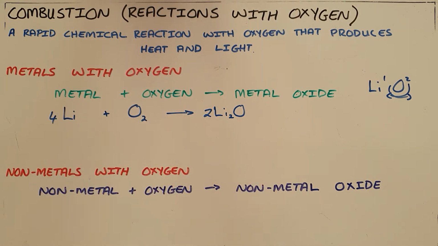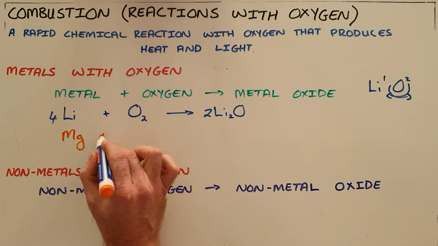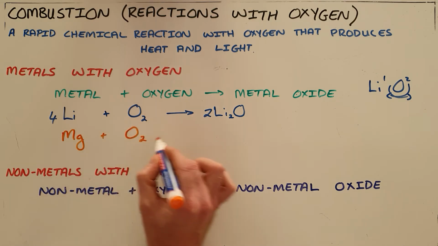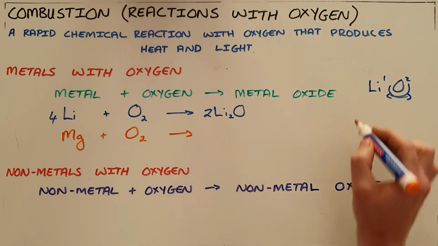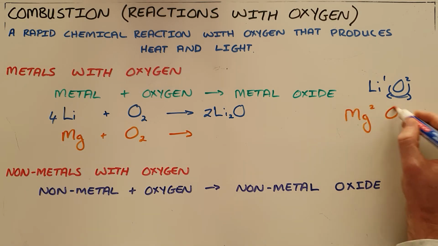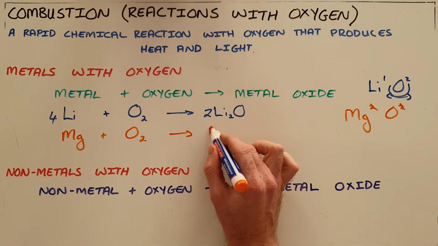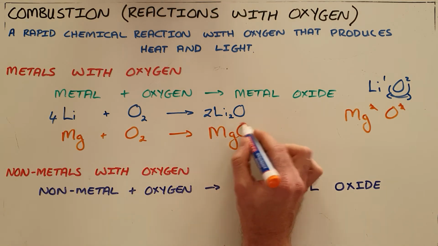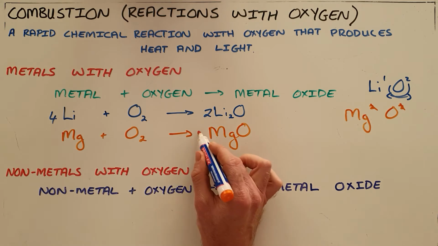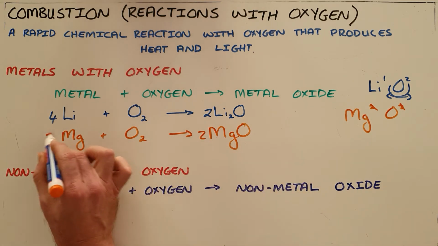Another example of a metal reacting with oxygen could be magnesium, where we have magnesium, which we know is a metal, reacting with oxygen, which we know to be diatomic. Once again, we know that magnesium has a valency of 2, oxygen has a valency of 2, and therefore we would form MgO. In order to balance this, we see that it is necessary to have 2 magnesium oxide molecules and 2